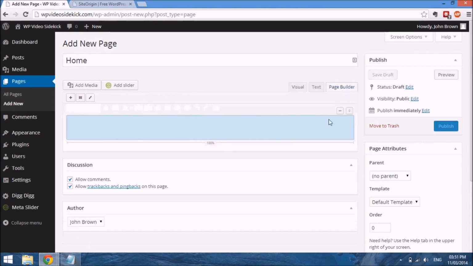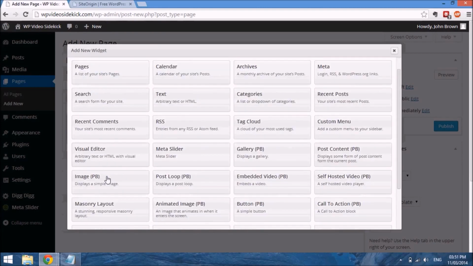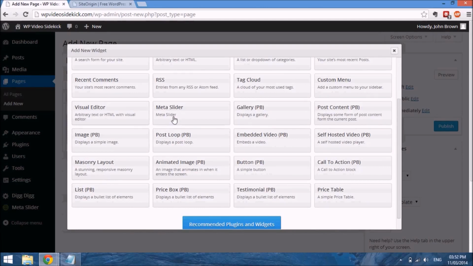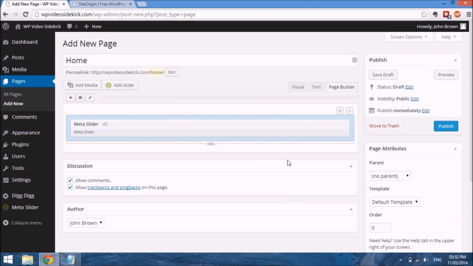Go over to the Page Builder tab, and in this first row, we're going to add a widget, and we're going to add the slider. Now, in the interest of time, I went ahead and added the slides and created a slider. What this widget does is, when you go to the meta slider options on the left hand side there, you create the slide, you name the slide, and when you come to this widget you just select it by name. My slider is called new slider, so I'll just drop that there,